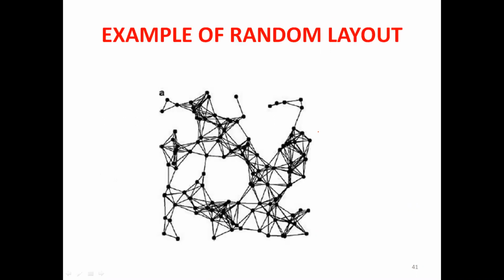So this is just a small example. Look here. Even though there are some white spaces, this random layout cannot accommodate the nodes properly. See here, the nodes get congested. Take this part of the community. So when the number of nodes increases and it is a dense graph, the random layout is not a possible choice.